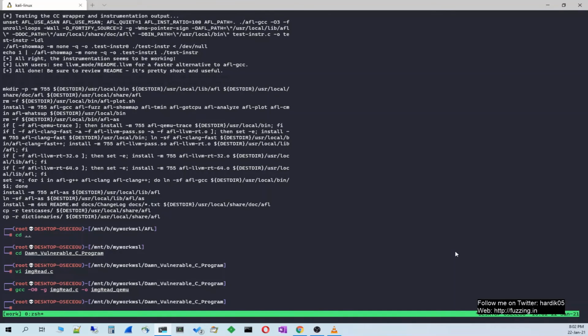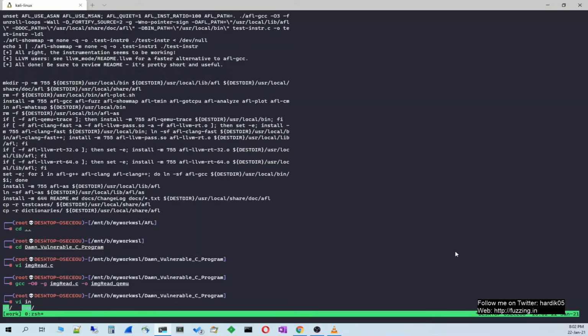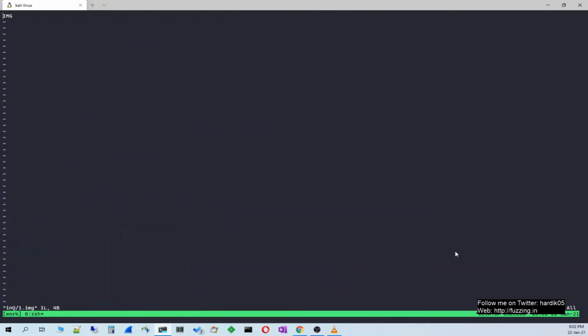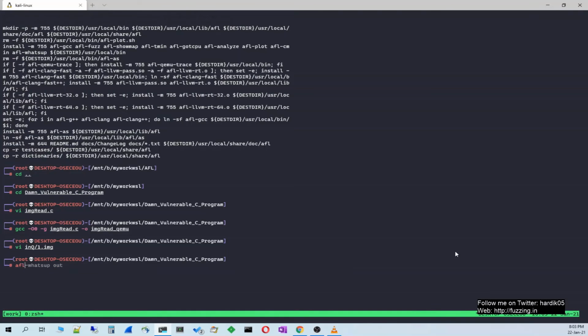And you can see that our file has been compiled, and I will show you some input files. Let's see what it contains. I actually have in queue, and we'll see it has one.img. So it simply contains one img tag. That's all it contains.